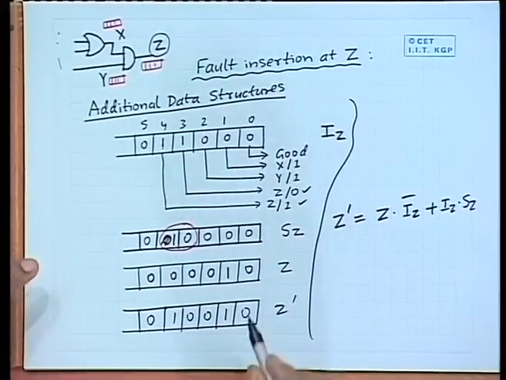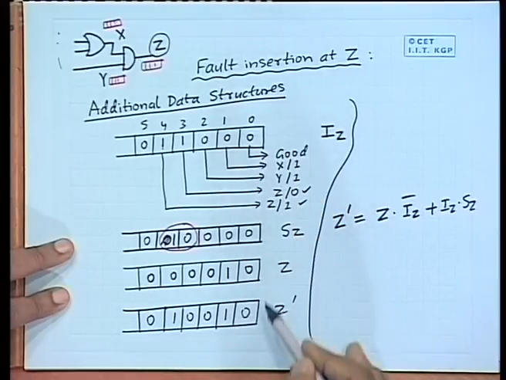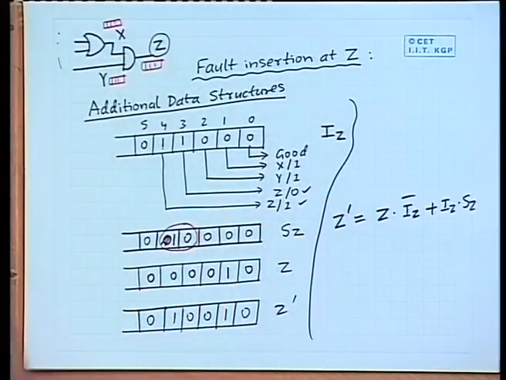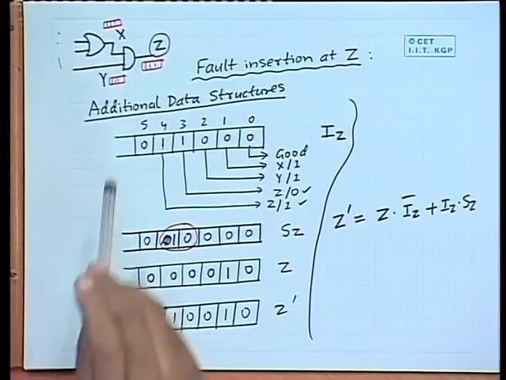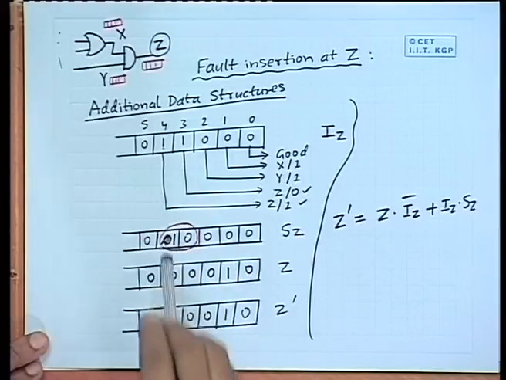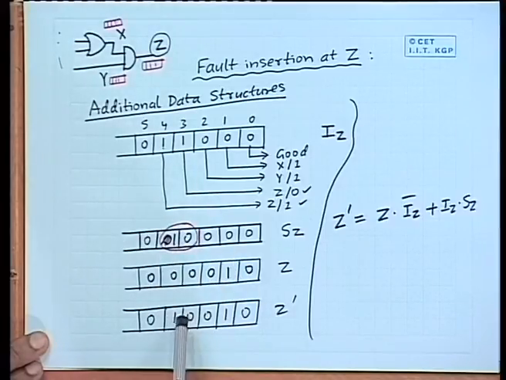So, in this way, these additional data structures are used only for the purpose of inserting the faults, because as you go on simulating, faults on this particular gate will have some effect in determining which are the positions that will need to be modified. So, this formula is used to make this modification,